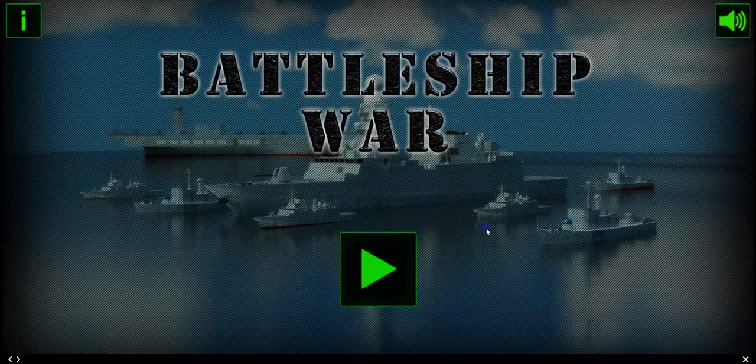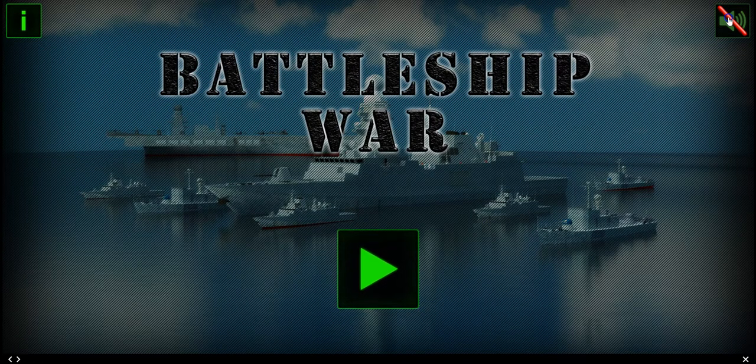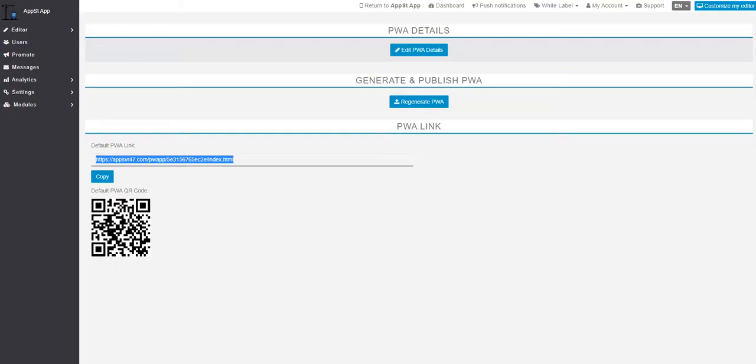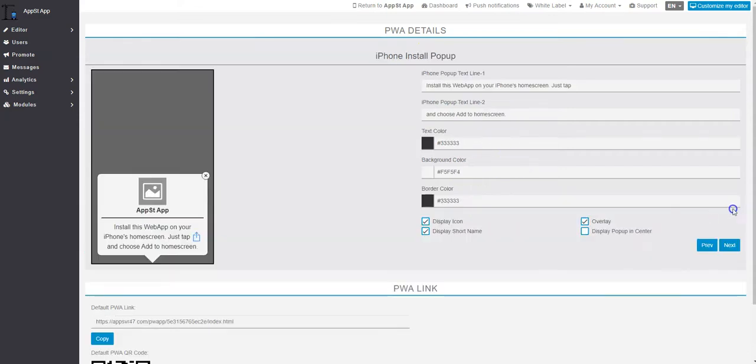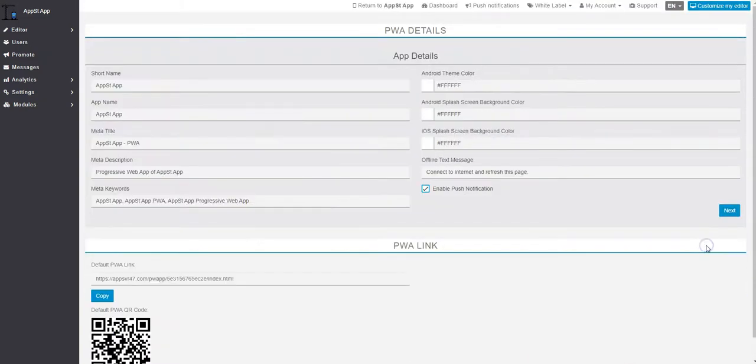That's it. Your app is now on. You can have it on Android, Apple phones, and desktops. So that's how easy it is to create a PWA and how to install it anyway. You can at any time edit the PWA details, go in here, change anything that you want in here. Just if you want to install it different, then you can go back and then